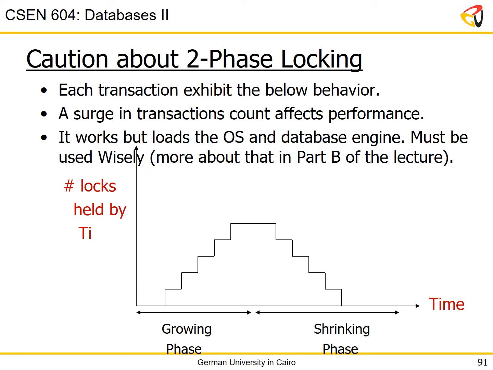Now, something very important about two-phase locking. Two-phase locking is great, two-phase locking works, but it is not a cheap thing to do. It is actually a very expensive operation to do in an operating system, or using any operating system for that matter, because the behavior of two-phase locking means that if you get lots of transactions arriving at the same instance, let's say you've got a very busy website and 50 users are logging in at the same instance pressing buy this item, okay? What you're going to get basically is a jump in the number of locks requested from the